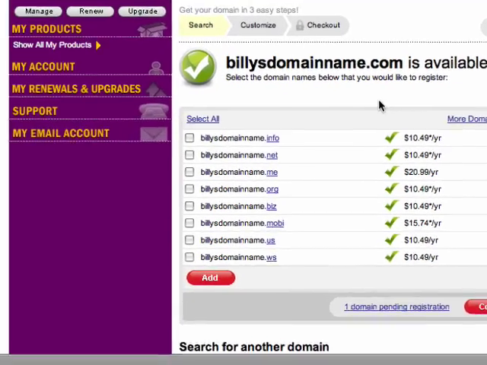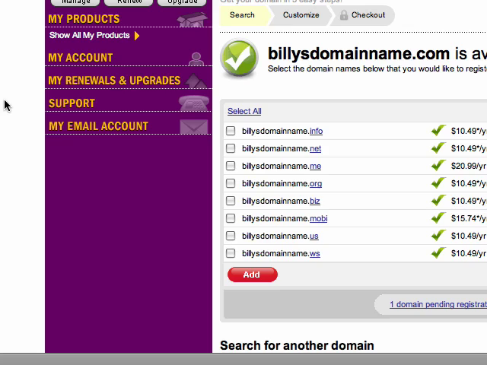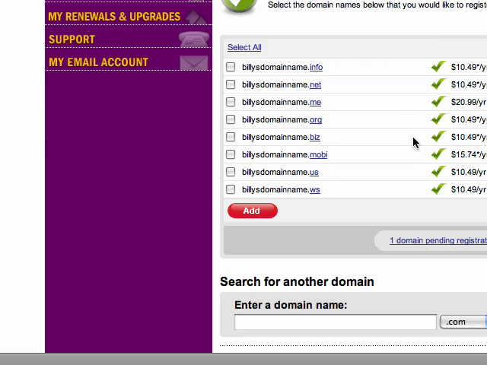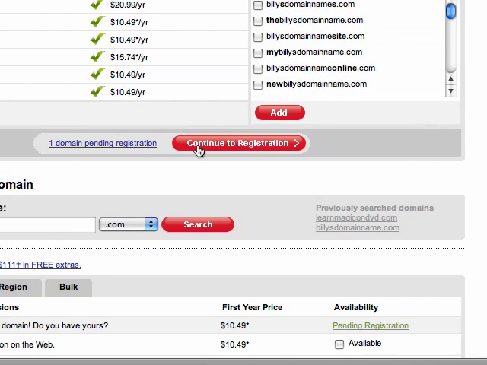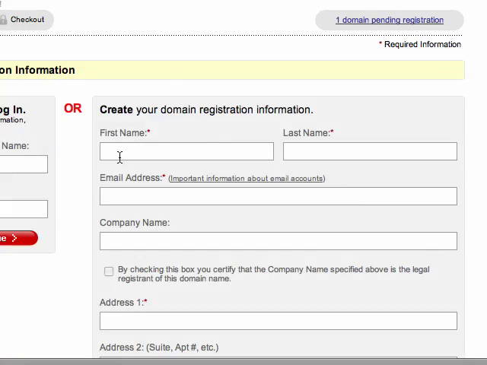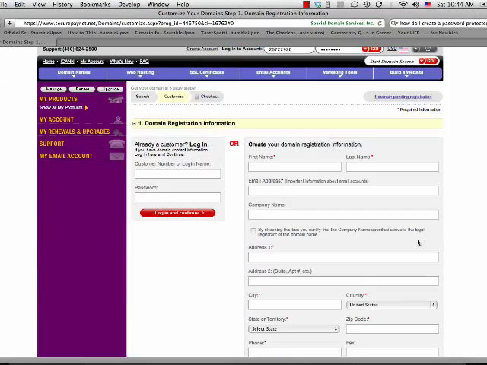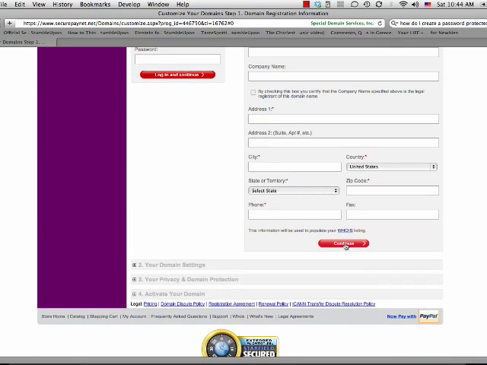Now, this website is brilliant because it has 24/7 support online and on the phone. Once you've selected that name, you want to scroll down a little bit and say continue to registration. You don't want to check anything else. Continue to registration. Once you do that, you're going to create your domain information here and you're going to hit